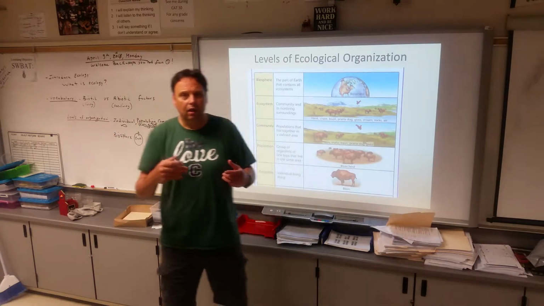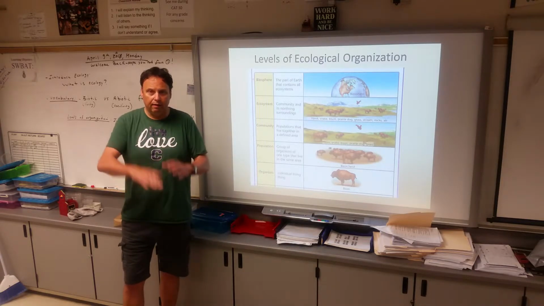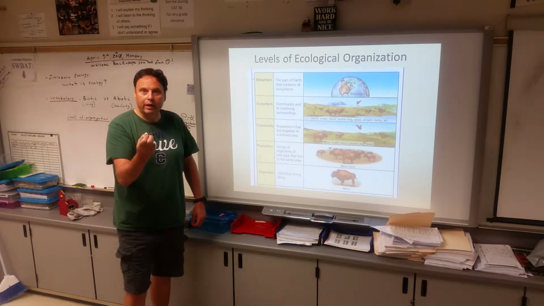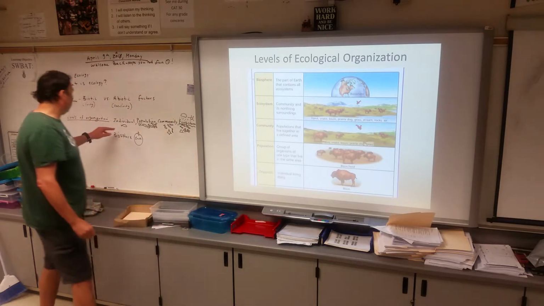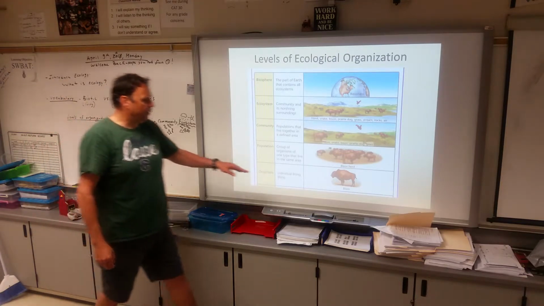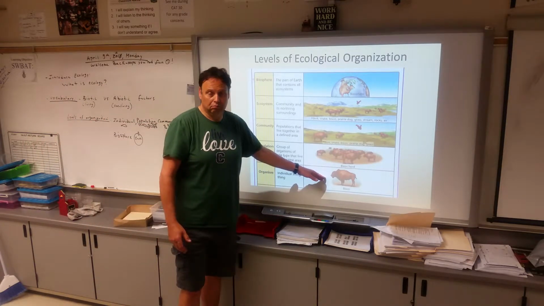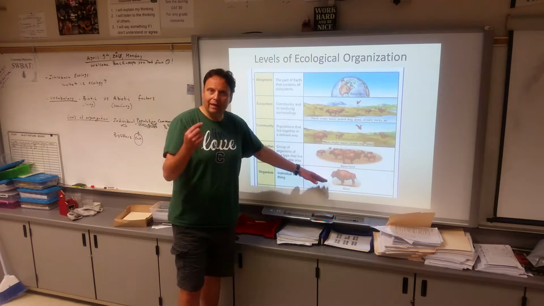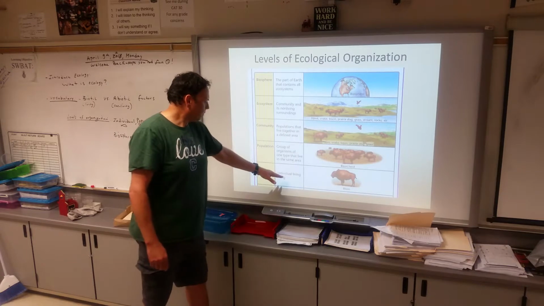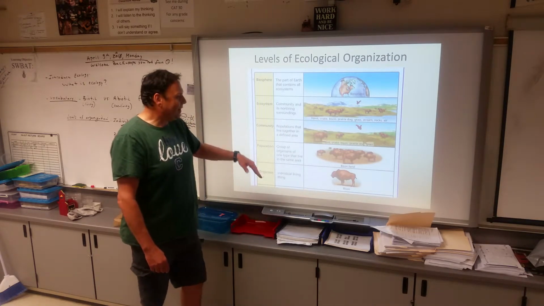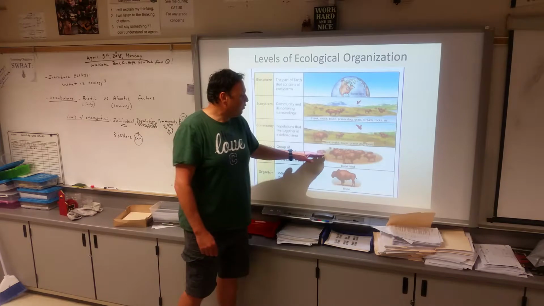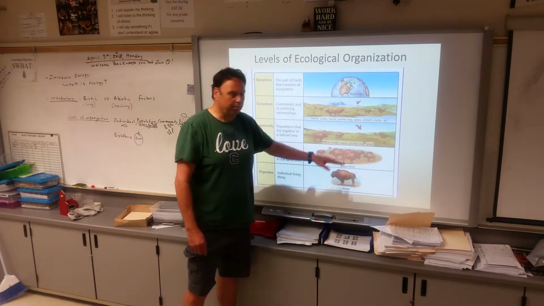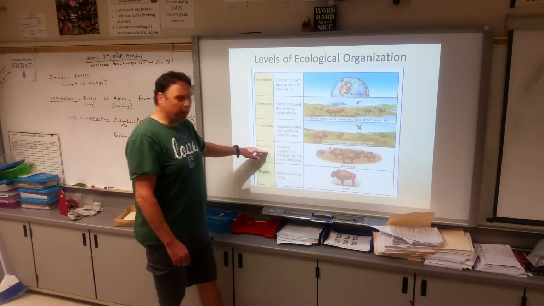Because in ecology, there's also an organization, levels of organization. So one living thing, one organism, is called an individual. So you've got an individual, like a fish. Over here you have a bison, right? So one individual animal, one individual plant, one living thing is an individual, an organism. And then the next level is a group of that same individual. So a bunch of bison, like a herd of bison, would be a population of bison.